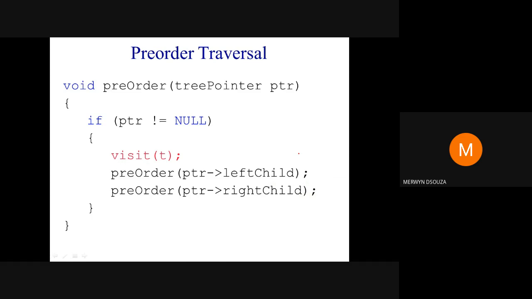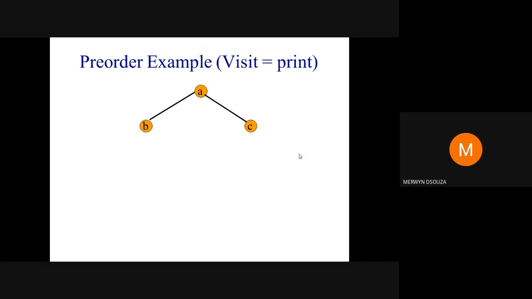Let's see how to do it using an example. You'll be given a tree and asked to find a pre-order traversal for it. When you're doing a pre-order traversal, or any kind of traversal, you always need to start from the root node. Pre-order means, let me write down here, visit, left subtree, and then the right subtree. We need to perform these steps in that order: visit, left subtree, right subtree. Let's start here.